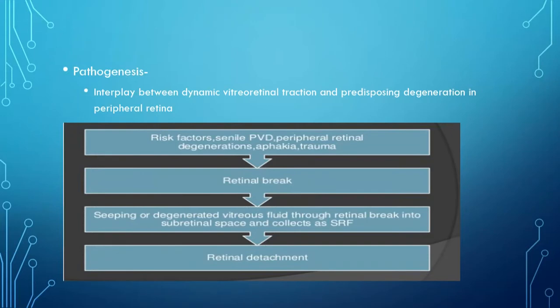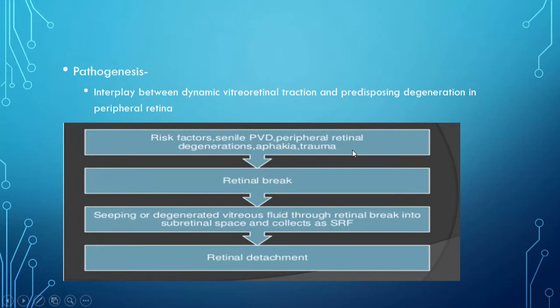Coming to the pathogenesis, there is an interplay between the dynamic vitreoretinal traction and the predisposing degeneration in the peripheral retina. As we have seen, increased age is a high risk factor for developing retinal detachment. In old age patients, there is increased degeneration in the peripheral retina, and along with that, there is dynamic vitreoretinal traction. All these risk factors that we have spoken about, like senile PVD, peripheral retinal degenerations,